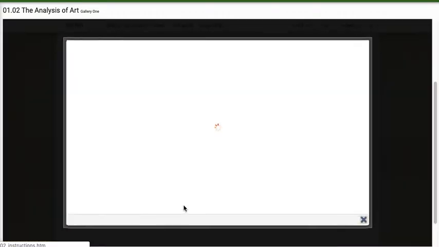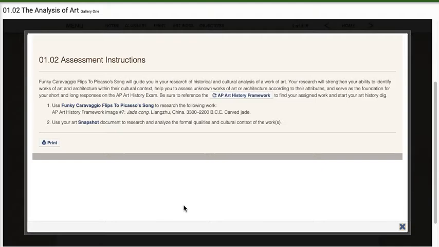All right, and then when you look at this again, you're going to get the instructions again. So it says, use the funky Caravaggio flips to Picasso songs to research the following work. And you go into AP Art History Framework number 7, Jade Kong, which was made in Langzhou, China, carved. And then you're going to use your snapshot document to research and analyze your formal qualities. So it means you go in here